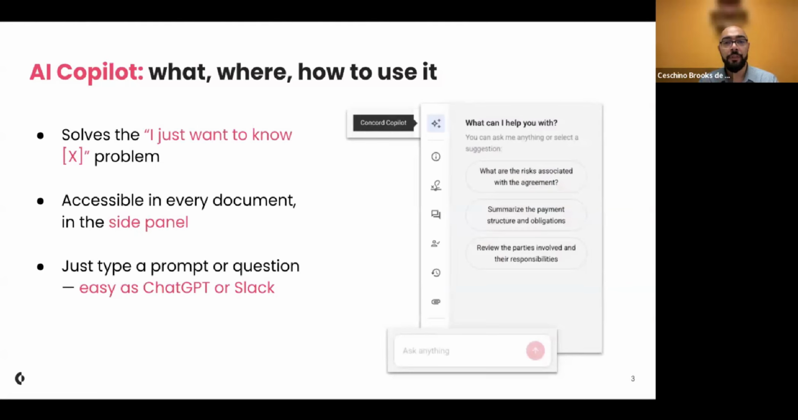Where do we find it? And how do we use it? Yeah, absolutely. I'll show it to you in just a second, but inside of Concord, it's in our document view currently. That's where it lives. So it's up at the very top right in the document view in Concord. You just simply click on those 3 little stars that you see there, and that takes you into the actual